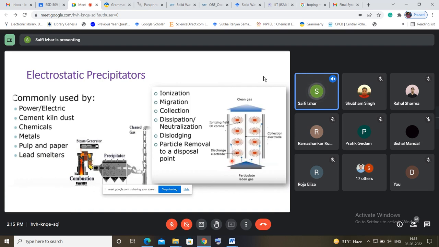Before the entry, they are not that charged. So ionization is the first step in this process. When the gases stream into this chamber, if there is a cathode electrode ionizing the charge, then the collector will be the anode. And if there is an anode primarily ionizing the particle, then the collector will be the cathode. So opposite, and because of this